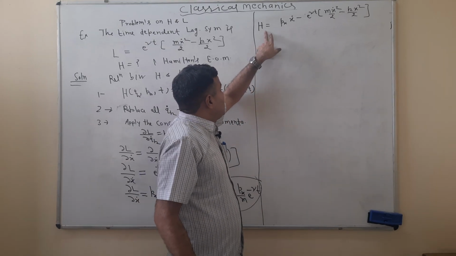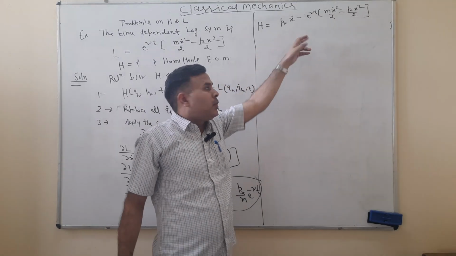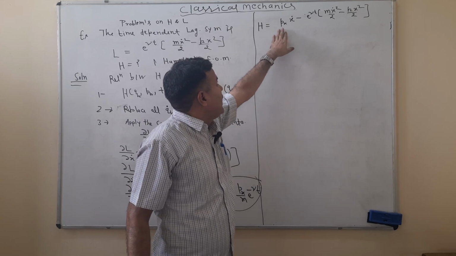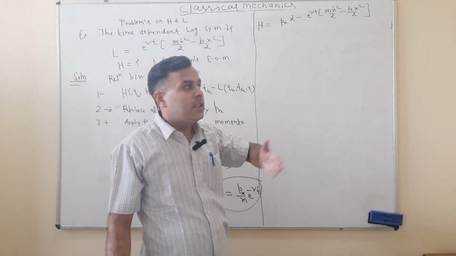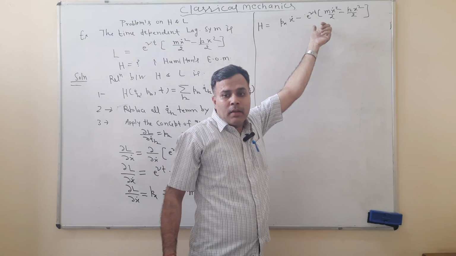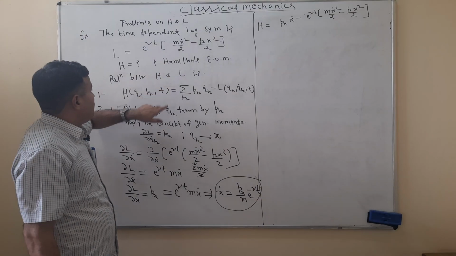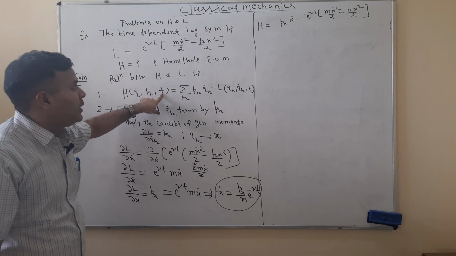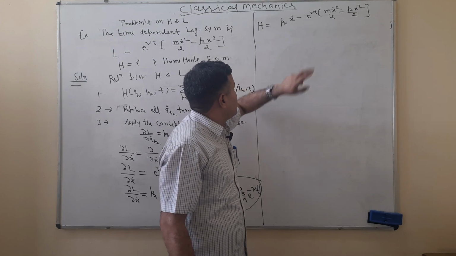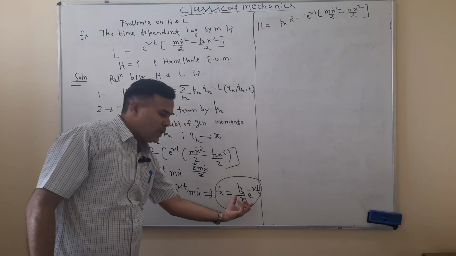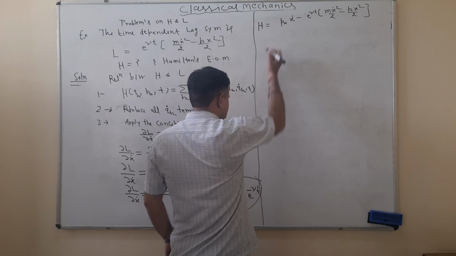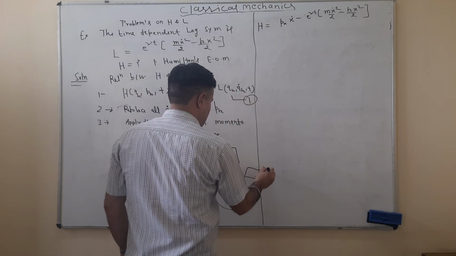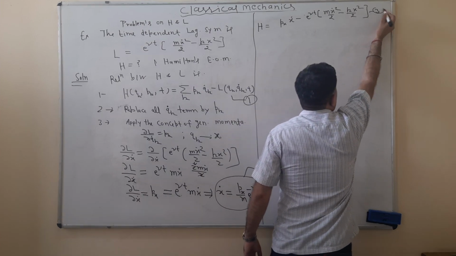Now this is the final expression of H, but in this expression H is a function of generalized velocity, generalized momenta and time, whereas H should only be a function of generalized coordinate, generalized momenta and time. So if we replace this x dot term by this term, we have, from equations 1, 2 and 3,